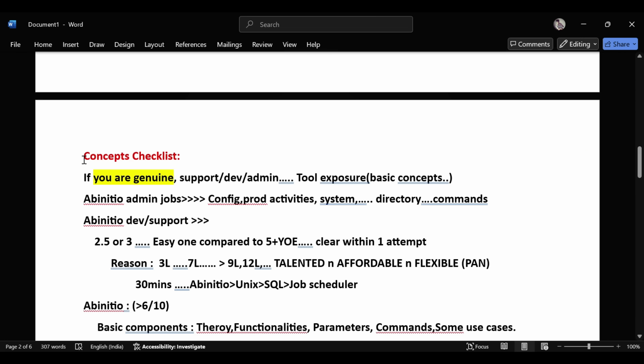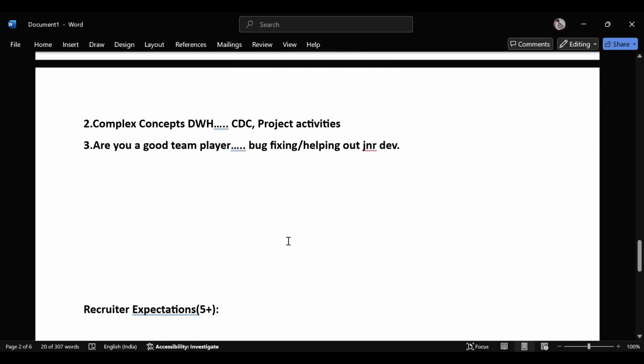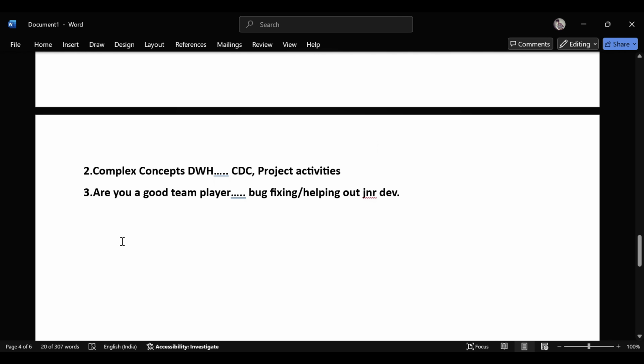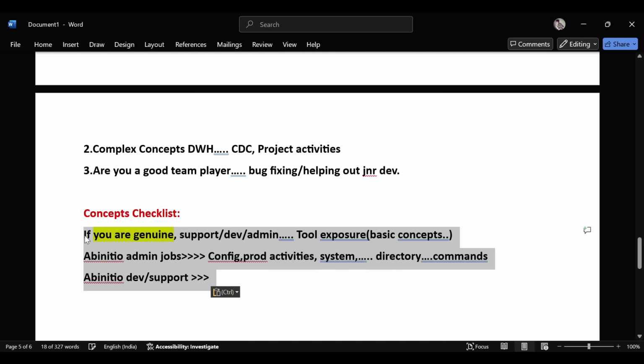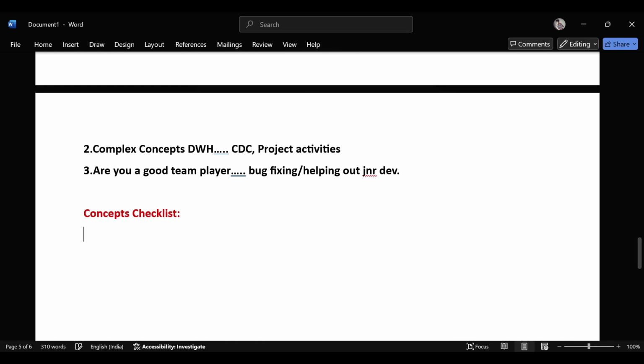Now we'll go to the concept checklist. Let's say you are a senior developer or support person.